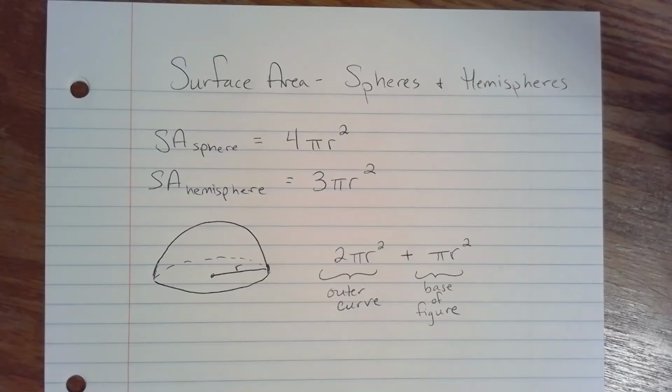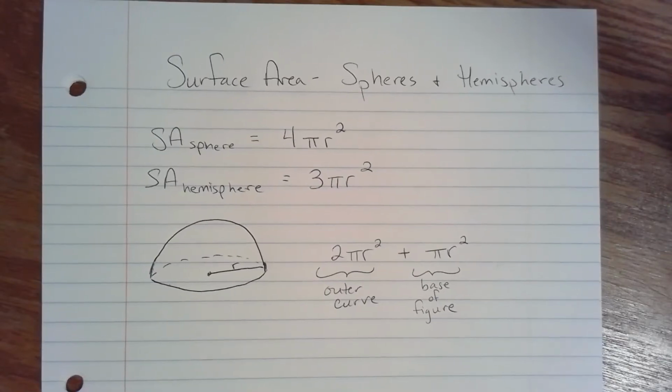Alright, this video is going to be hopefully fairly short. I don't want to spend a lot of time trying to prove anything about the surface area of a sphere here, but I just want to point out how the surface area of a hemisphere works. A lot of people have mentioned in the past that they thought the hemisphere should be 2 pi r squared